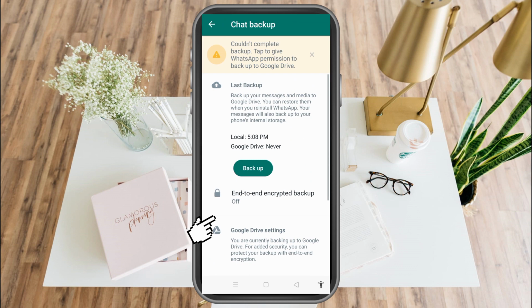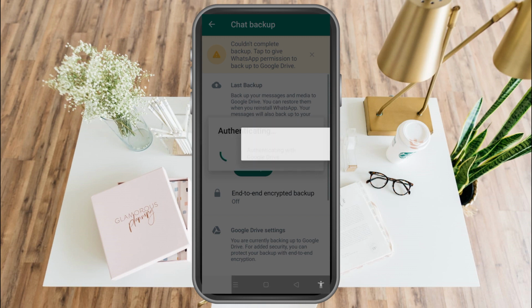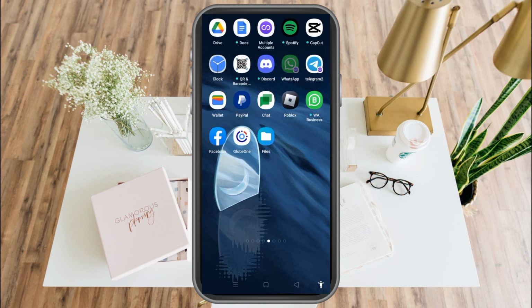But before that, you should back up everything here, your files and your messages. To do that, you have to go to the three dots, go to settings, and then go to chats. And once you have saved or created a backup for your files,